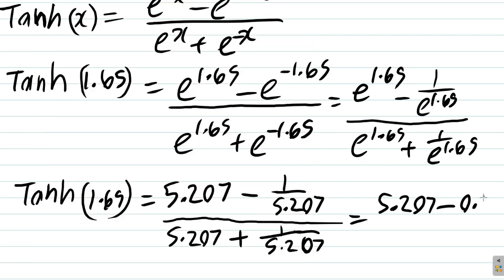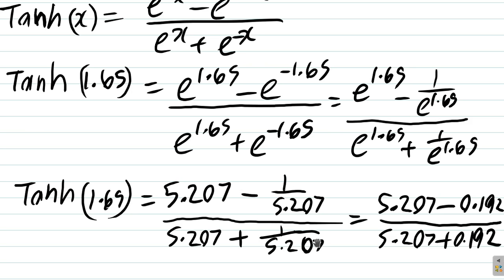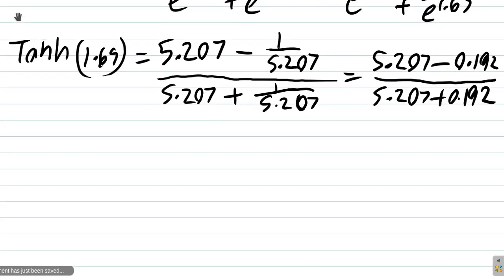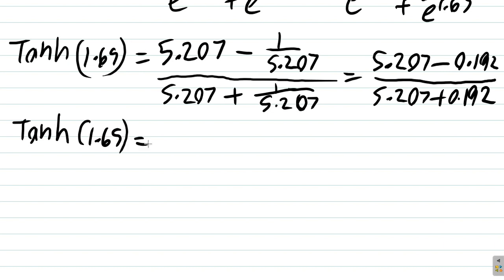So 0.192 over 5.207 plus 0.192. So what this is saying then is the tanh of 1.65 is equal to,